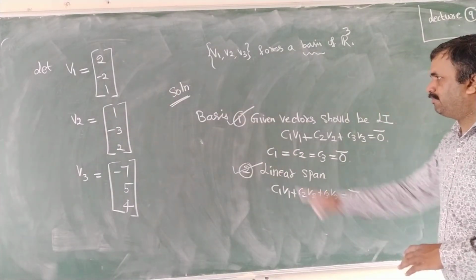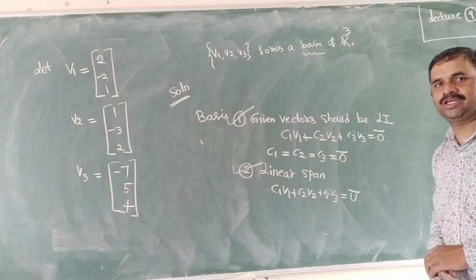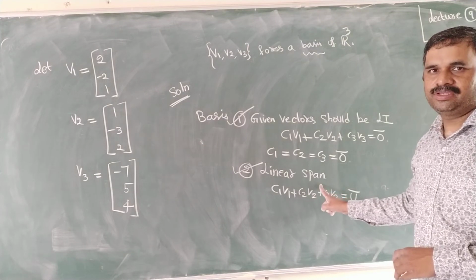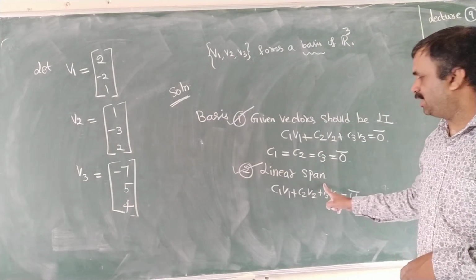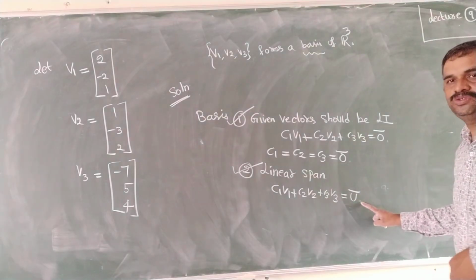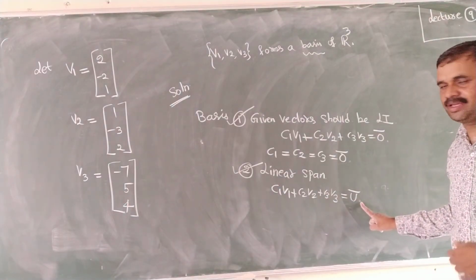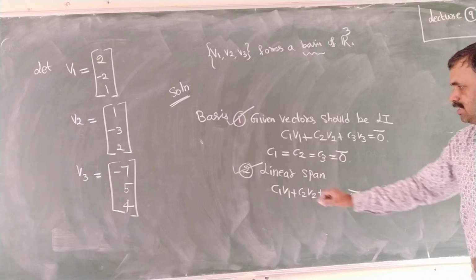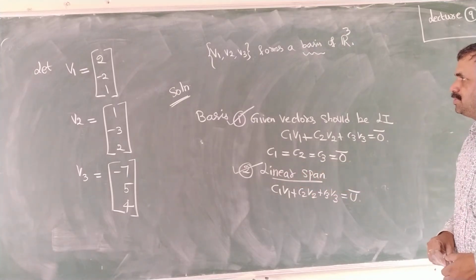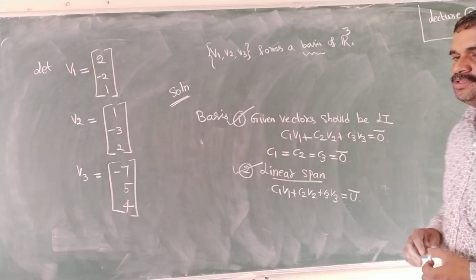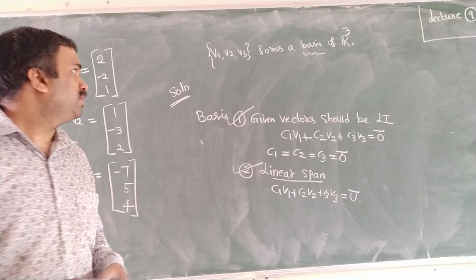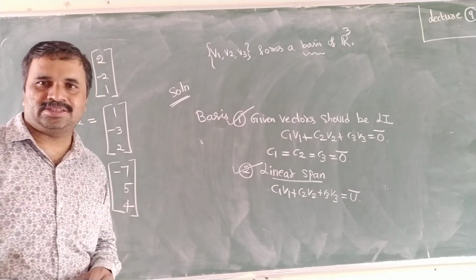After proving this basis, if you want, you can verify whether it is a basis or not, nothing but whether it is a linear span or not. Again substitute the C1, C2, C3 values and you will get back u bar. Consider the vector again and get it back. So then you can say linear span. So very simple: to verify a basis, you have to check only two conditions, one is linear independence and one more is linear span.